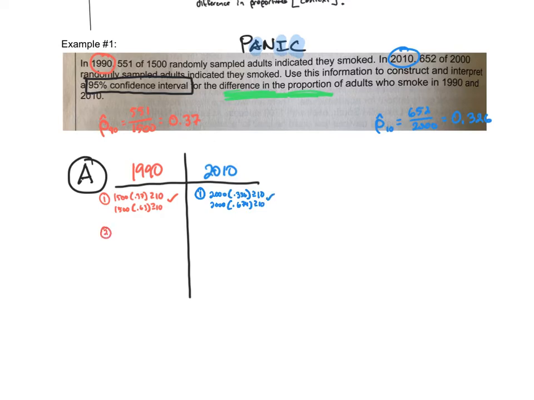Number two, random sample. Yep, let's see what they say. In 2010, randomly sampled. Yep. So now we know there should be no bias as we combine them. And then number three, the 10% condition for randomly sampled adults. So we're going to say all adults in 1990